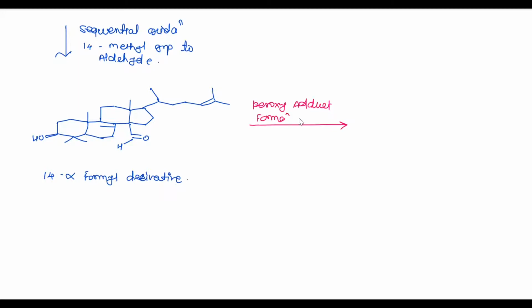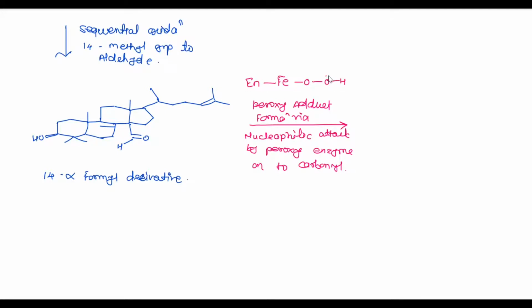In the next step, peroxyhemiacetal formation via nucleophilic attack by the peroxy enzyme onto the carbonyl carbon of the aldehyde. That is, the lone pair of oxygen of the enzyme attacks on this carbonyl compound, and we get